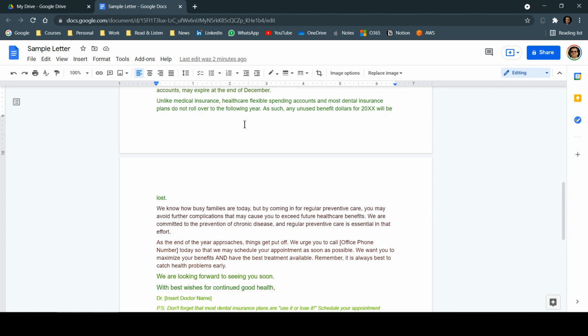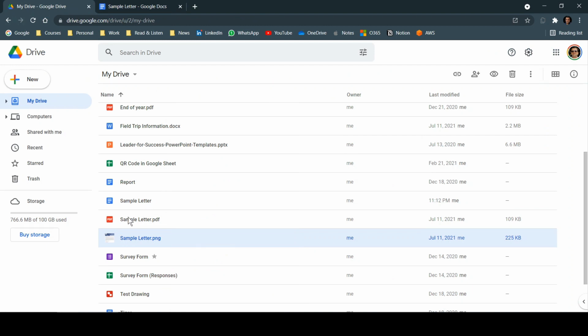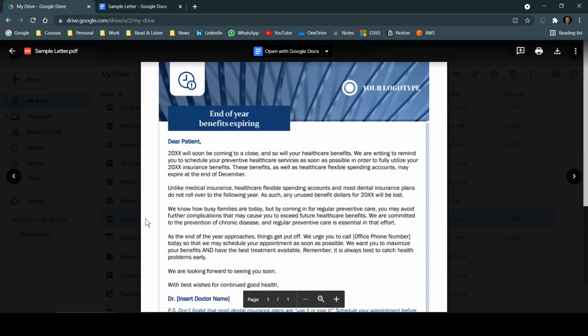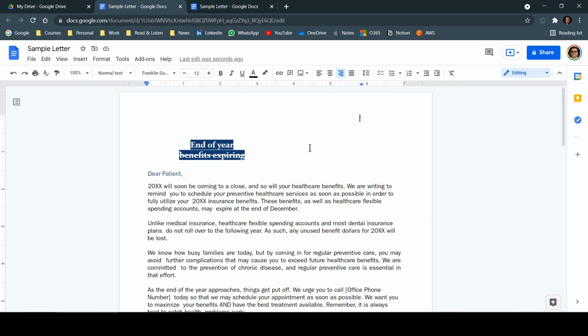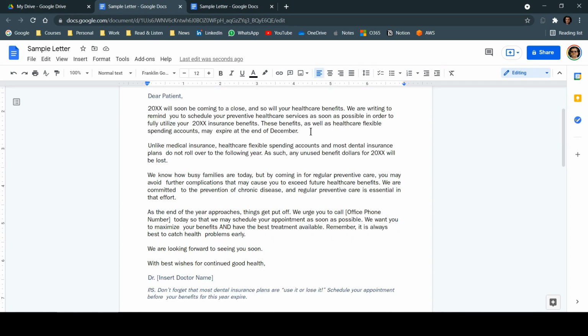Now I talked about images and PDF files. Now let me check another PDF file here. If I go back to my Google Drive again and I try to open this particular PDF file, if I double click on this, it will open that PDF file. Now here you will see one drop down, and if I click open with Google Docs, it will try to open that same file in Google Docs. Now you can see that it converted that PDF file into a Google Doc format where you can edit also. You can start typing anything here, maybe whatever you want. So that's the way you can edit this particular file.